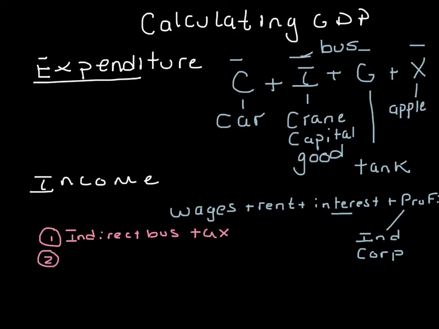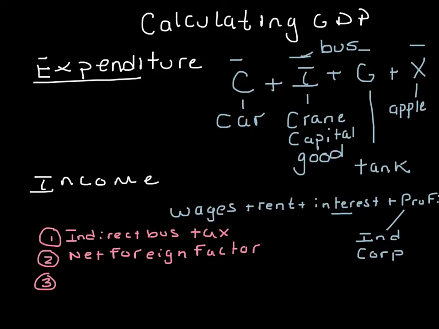The second adjustment we have to add is what we call the net foreign factor. There are people in America that are making income that are not national citizens, so they wouldn't be in income. We have to add them, and we have to subtract Americans who are in other countries, making an income. So that would be the net foreign factor. The third